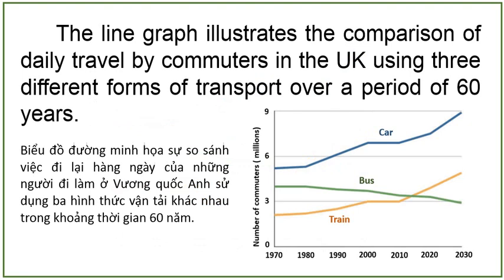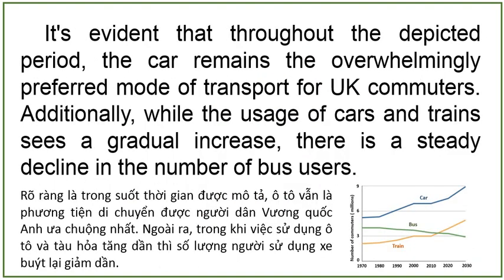The line graph illustrates the comparison of daily travel by commuters in the UK using 3 different forms of transport over a period of 60 years. It's evident that throughout the depicted period, the car remains the overwhelmingly preferred mode of transport for UK commuters. Additionally, while the usage of cars and trains sees a gradual increase, there is a steady decline in the number